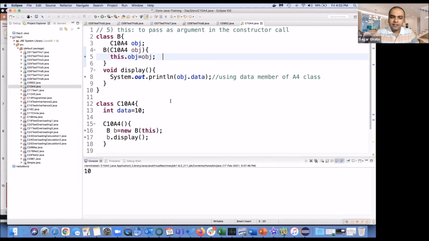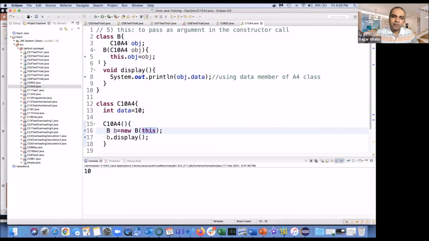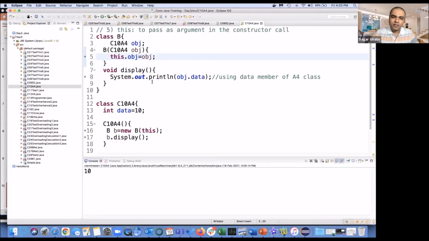Fine. So what we have seen here, in this particular code snippet, is that we were trying to pass an object in the constructor. So when I say b of b equal to new b of this, this means the object which we have created. And we ran this program in debug mode also, and we have seen when it got printed, 10 was displayed.